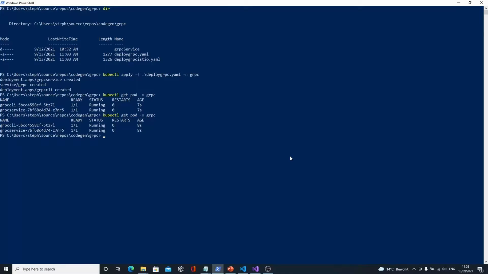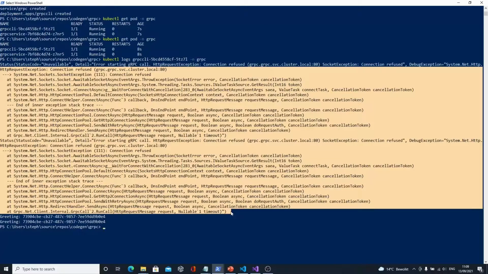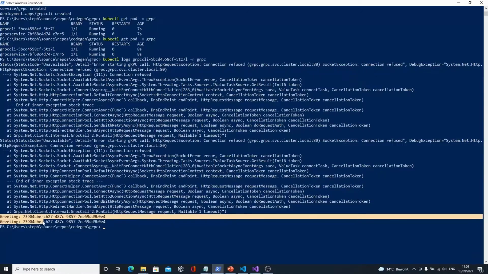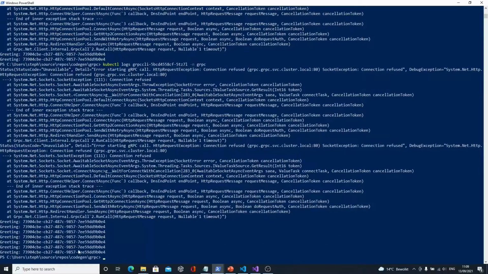And if I look at the logs, so kubectl logs, and I'm taking this pod, and then I'm going to say gRPC, then you will see that this exception is normal. It's because the client tried to call the service before the service got ready. So I catch the exception in the code, and I just spit it out here in the logs, right? But here you see that I receive an answer from the server, which is basically the instance identifier I was referring to. So every 5 seconds, now it's going to receive this.